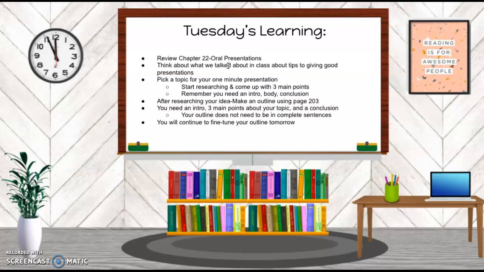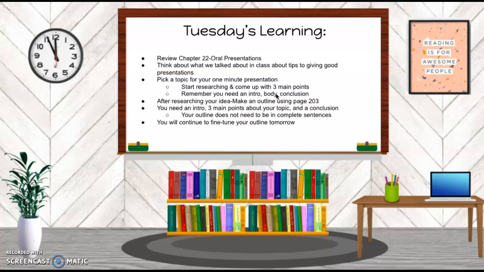But what you're going to do is think about a topic that is of interest to you, and you're going to start researching and come up with 3 main points about your topic. So in a speech, typically you have an intro, which catches the audience's attention, the body, which has 3 main points, and then a conclusion that wraps up everything. So you're going to pick a topic that is interesting to you, but you're only going to have 1 minute to talk about it. So you need to have a good, strong intro, 3 main points about your main topic,